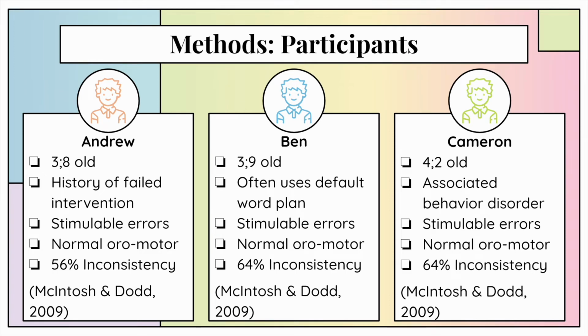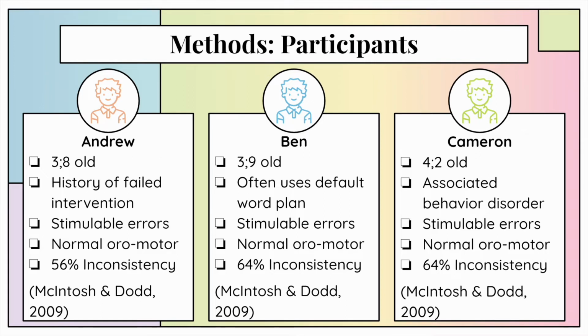This research included intervention case studies for 3 young boys. Their names were Andrew, Ben, and Cameron. Before we get into the details of their differences, first, it's important to note that all boys were assessed and had normal oromotor abilities with no signs of groping, and they were successfully stimulable for sounds that were produced incorrectly